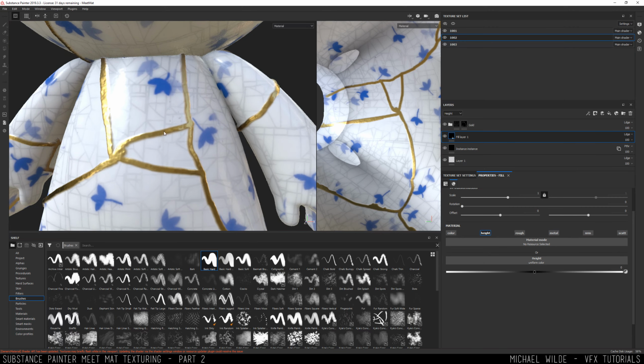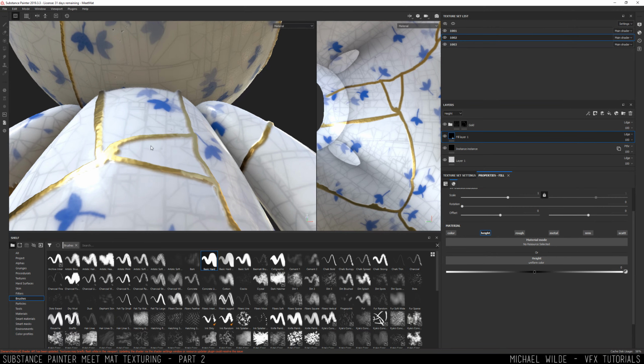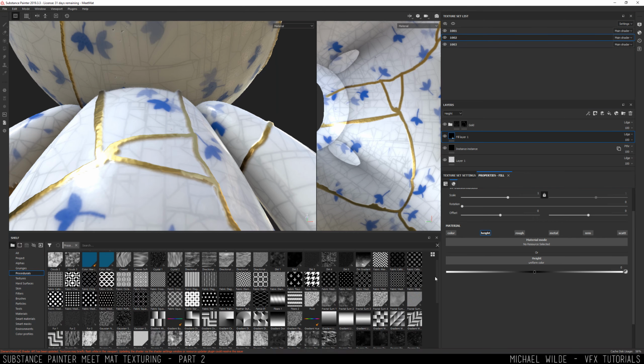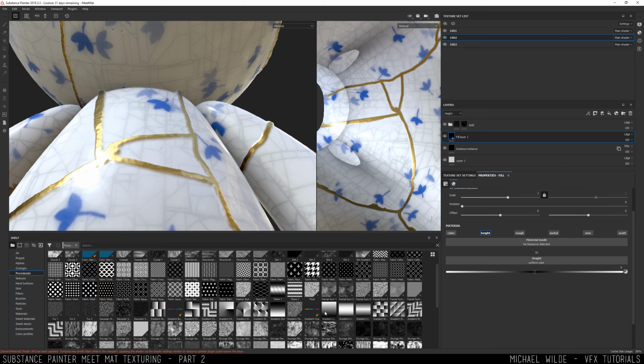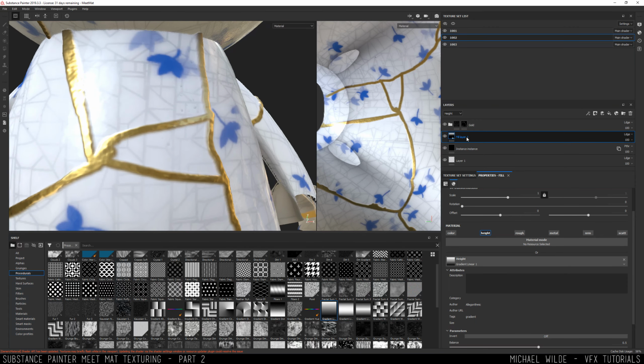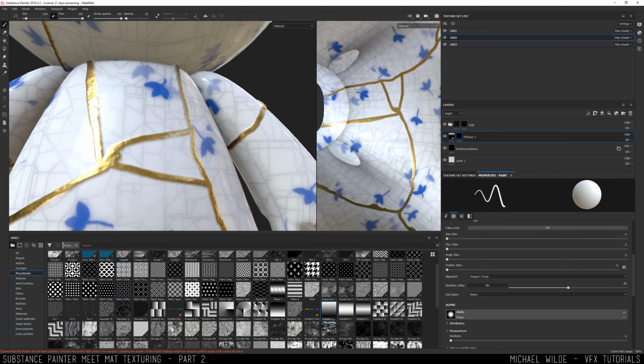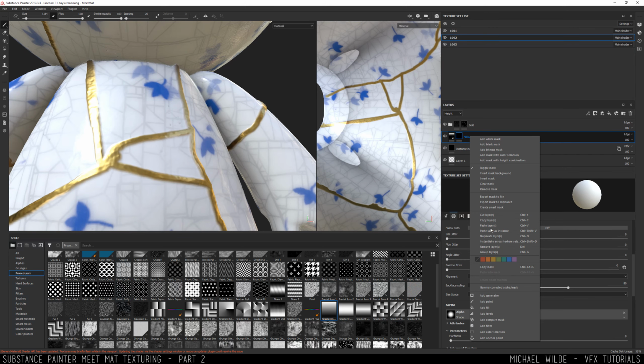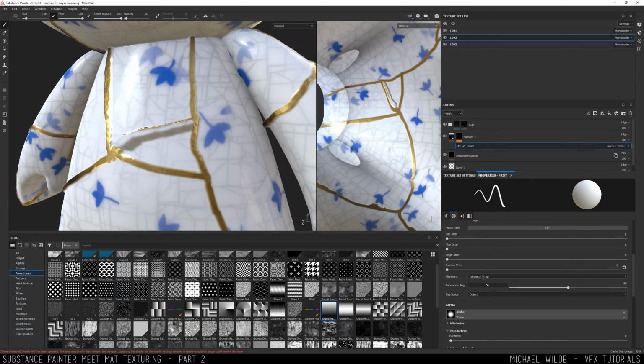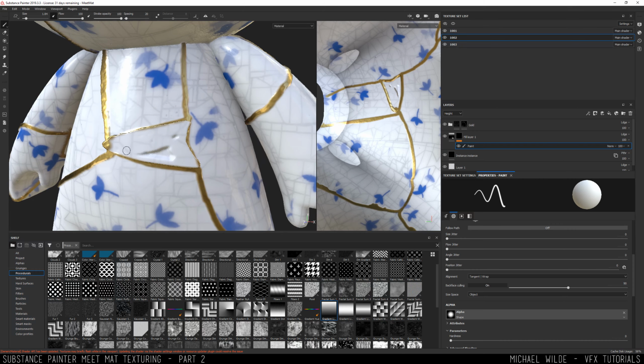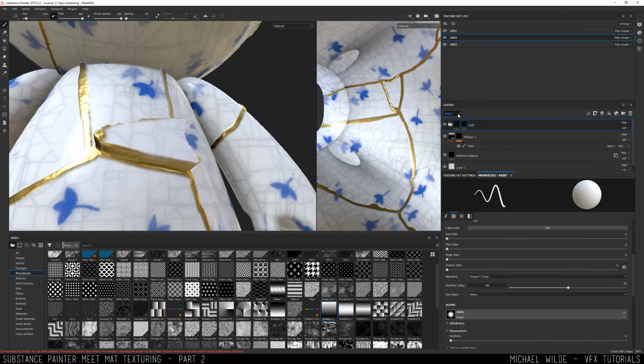What I was trying to achieve with this is, instead of just raising it up completely, I wanted a bit of a gradient so that it looked like it was kind of angled, rather than just raised. I was achieving that with a ramp, and if I tried to explain it, it probably wouldn't make sense. So I'm just going to show you. I'm going to put a ramp into the height, and add a black mask to that. I'm then going to go to the mask, and inside of that, add a paint layer. And I'm just going to paint it here under this gold as well, so that on the height,